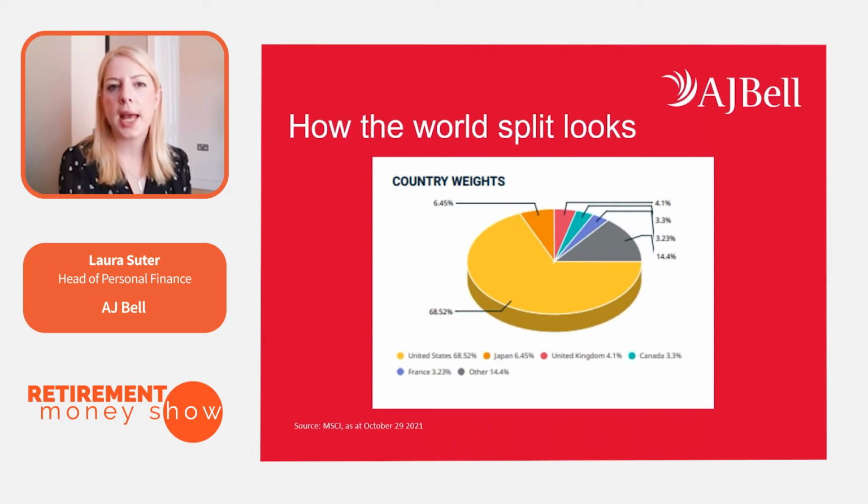Now, this isn't an exact science. This is how the MSCI World Index is split. That is a broad global index that invests across different country stock markets and is split by the size of those stock markets. So what you can see in that little red slice there, that's about 4%, that's how much the United Kingdom makes up of global stock markets. This obviously isn't an exact science, and it's not necessarily the exact model that you want to replicate with your portfolio, because about 70% of this is in the United States, and that in itself represents a bit of a risk.